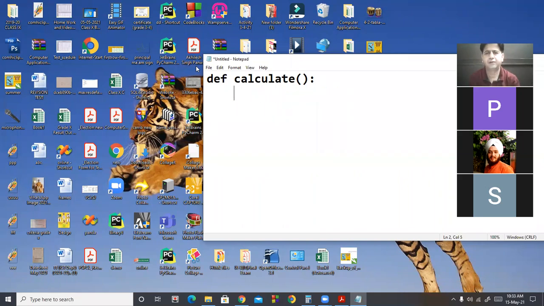I'm taking one example here. Calculate. I am receiving 3 parameters.